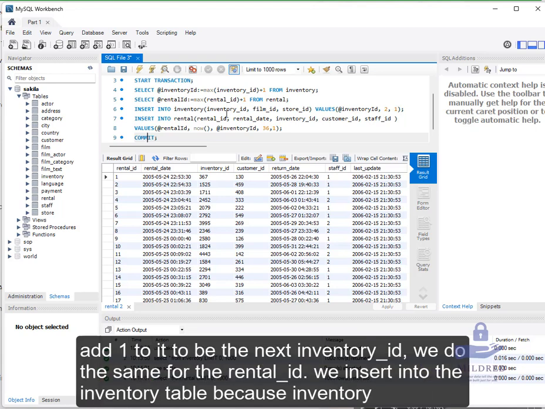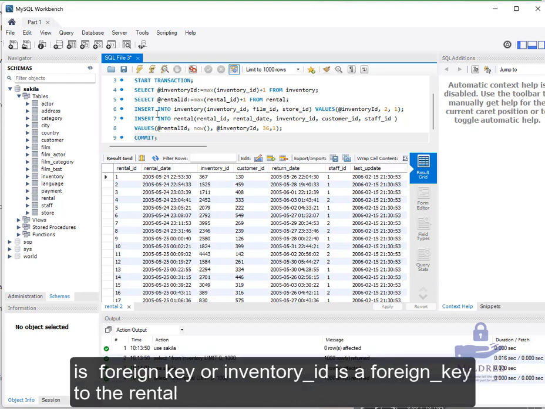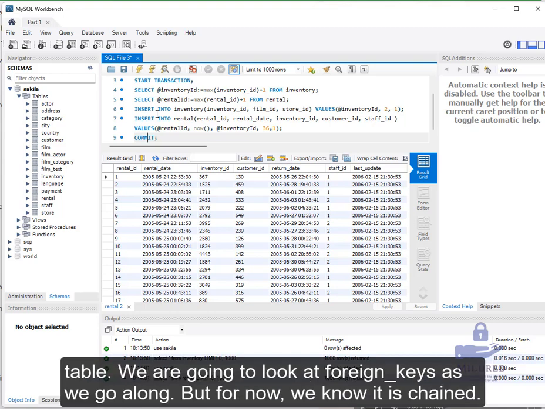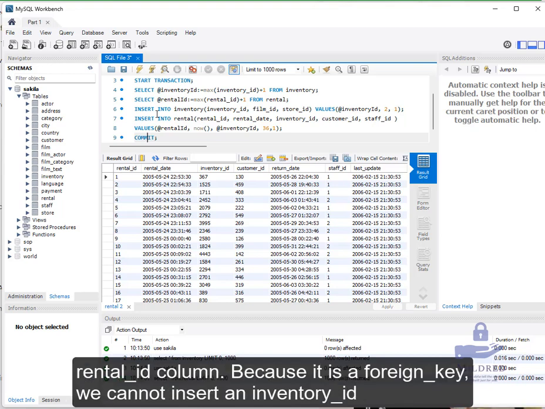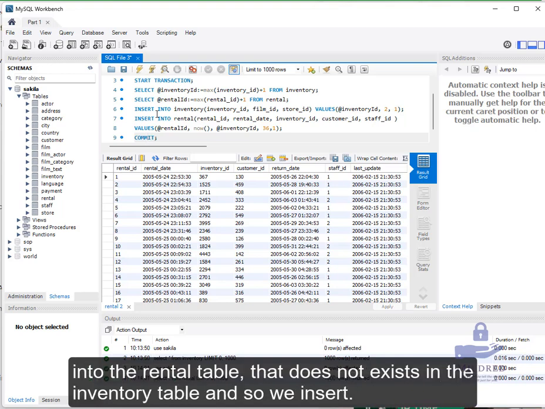We do the same for the rental ID, and we insert into the inventory table because inventory ID is a foreign key to the rental table. We are going to look at foreign keys as we go along, but for now we know it is chained. Whatever is in the inventory ID column is what is going to be used to populate the rental ID column. Because it is a foreign key, we cannot insert an inventory ID into the rental table that does not exist